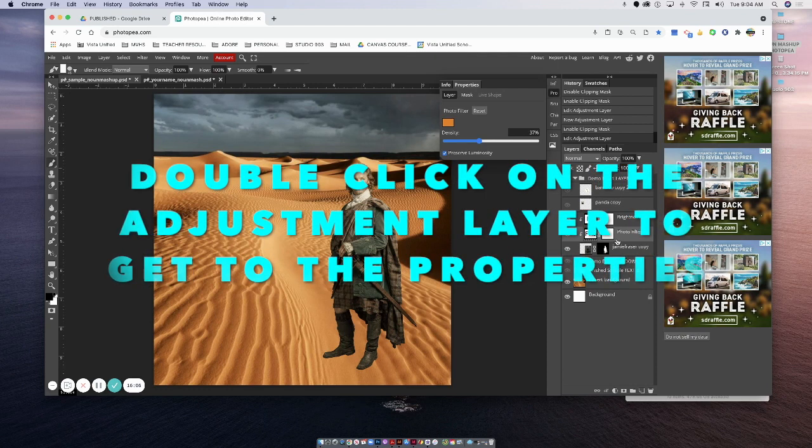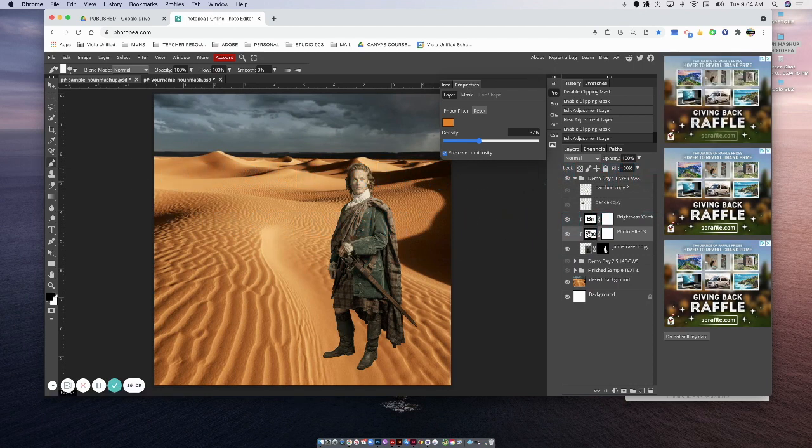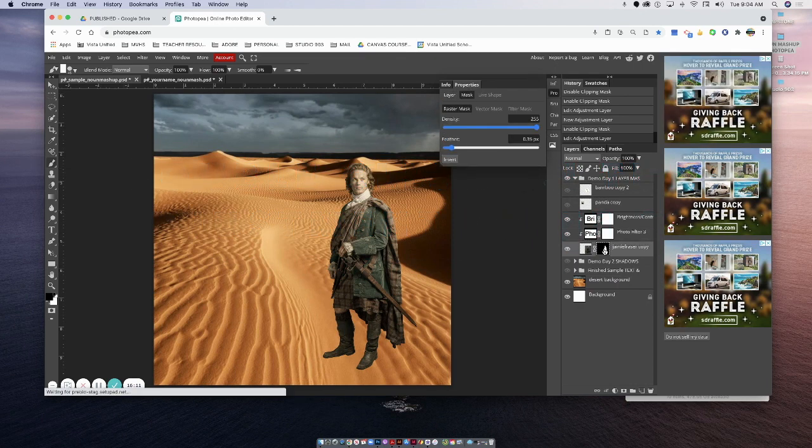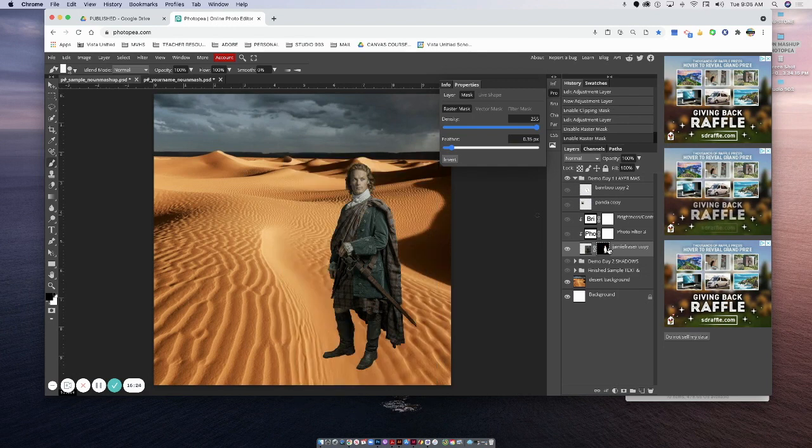And again, if I wanted to activate the properties panel, I would double click on the layer, or double click on the layer mask to get to the properties panel for each of those items. Let's turn these off so you can see again what I did. So there's the mask, without the mask, with the mask. Then I added a brightness and contrast adjustment layer to brighten him up. It's clipped, so it's only affecting him. Then I added a photo filter that's warming him up, so it makes him look like he's actually in the